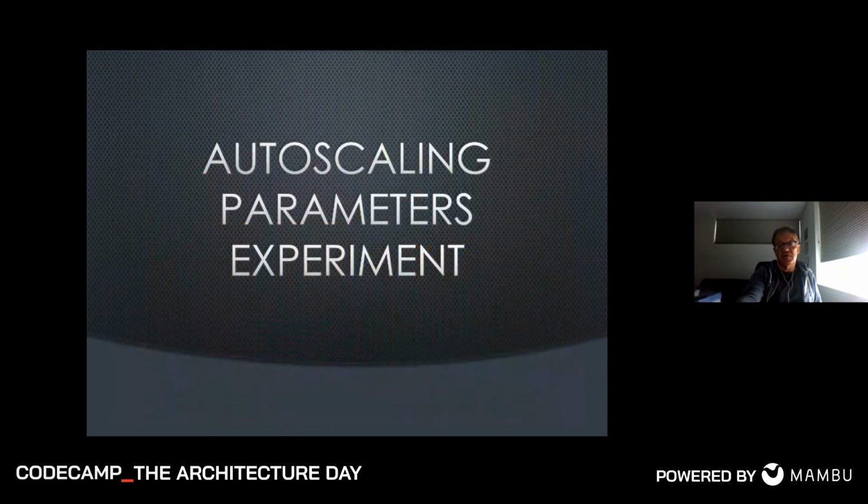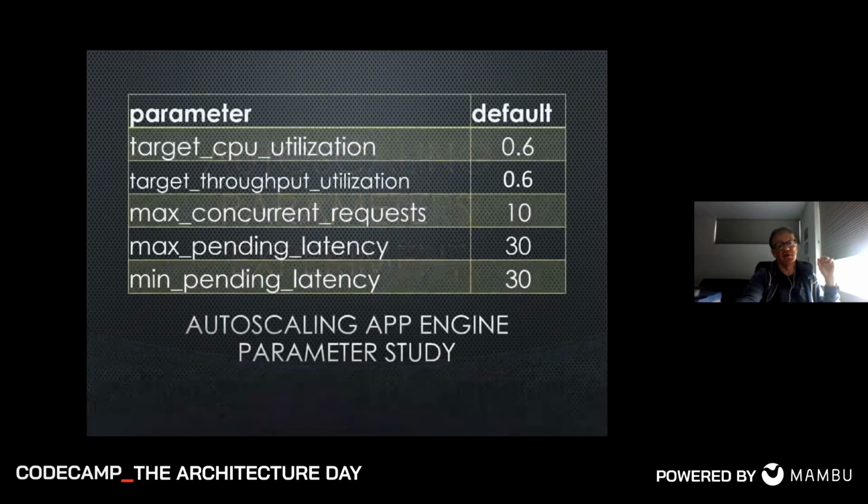Now, the interesting one, or more interesting one from my perspective, was the auto-scaling parameters. So whenever you deploy on a serverless architecture, or even if you're just deploying your own containers, you're still configuring Tomcat or whatever that you're using to handle requests. And most people go with default parameter settings. And in Google App Engine, these are the default settings that you get. There's a few more of these which I've not covered on this slide because it gets complicated. This is complicated enough.